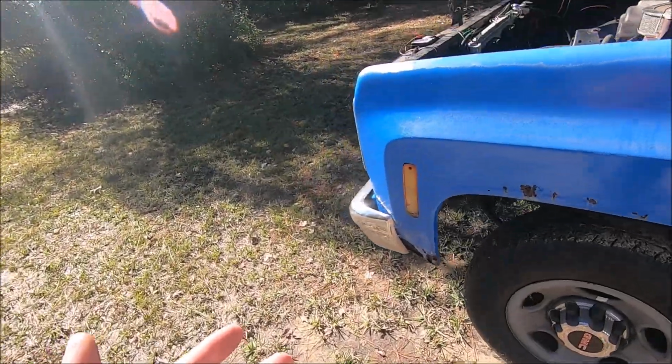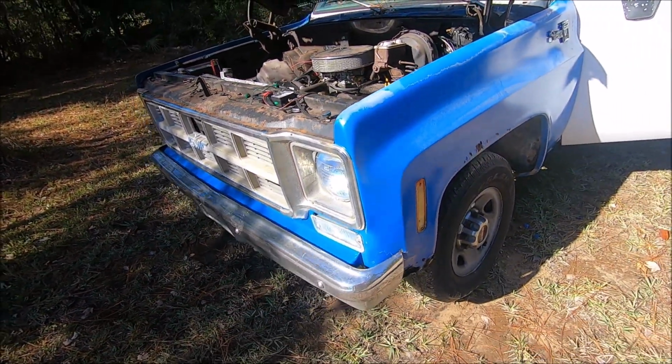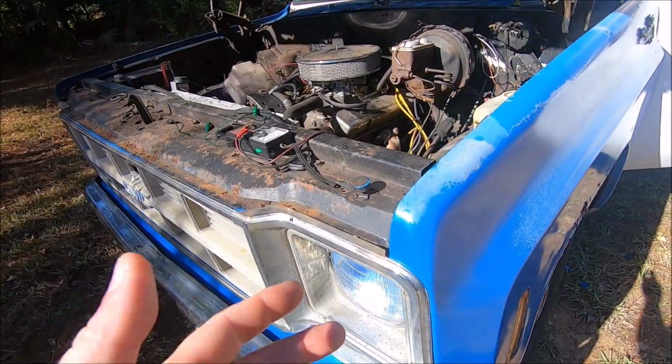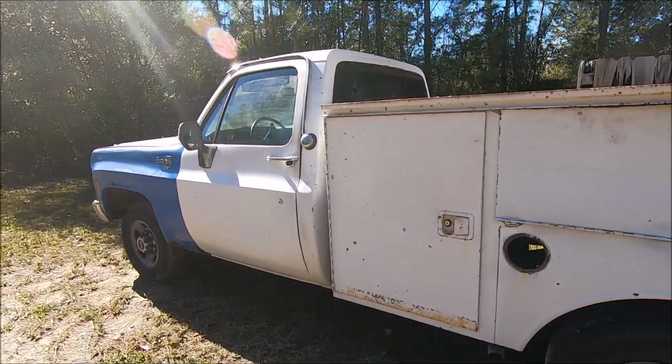Which, if you come and look at it, you could easily verify this yourself in 3 seconds. I'm not asking a lot of money for this truck here, people. But I guess I'll put new headlights in it. All right, so what else? Well,